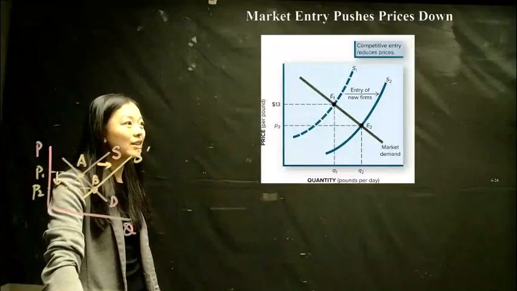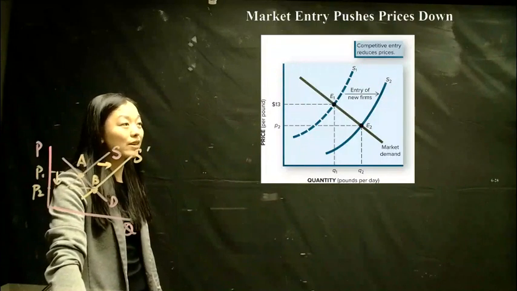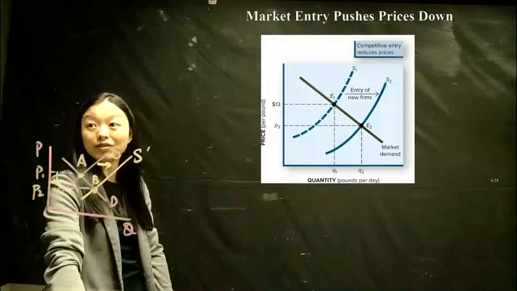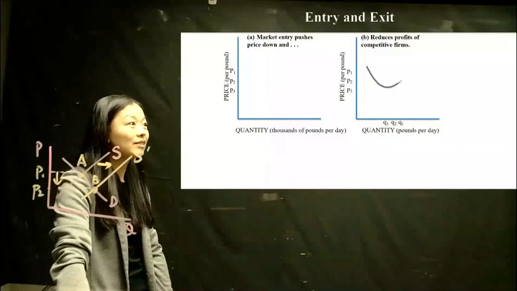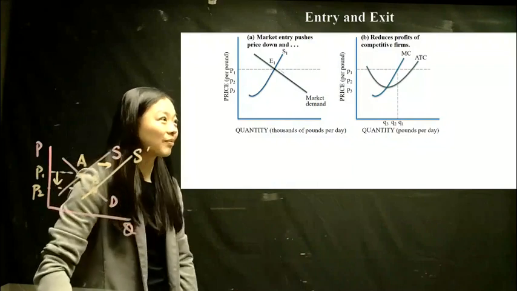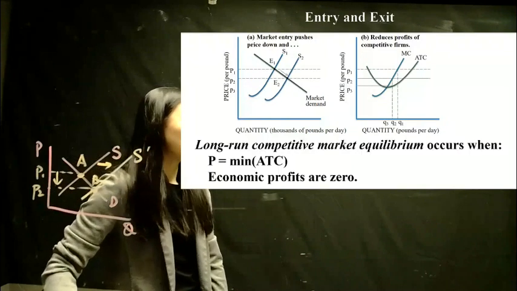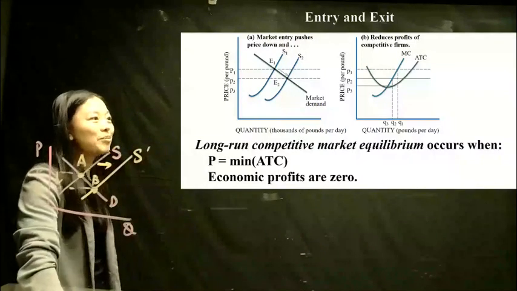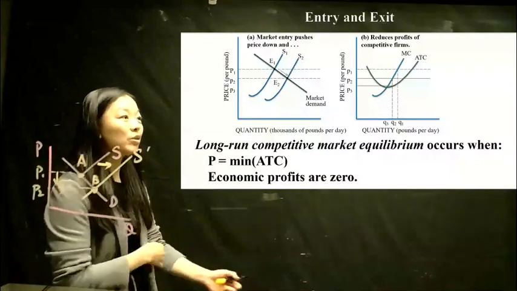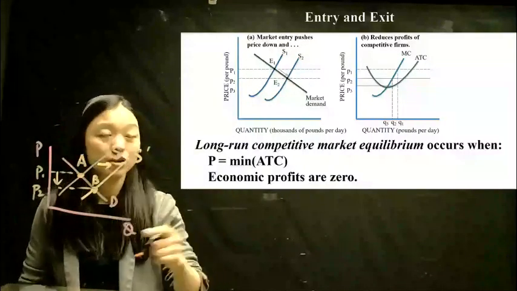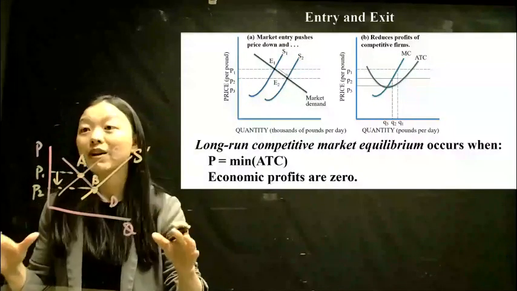So you can see as more firms enter the market, the market price will go down and then the profit goes down, right? So in the long run, for the competitive markets, the equilibrium will occur when price. This is a very important conclusion, okay? So in the very long run,